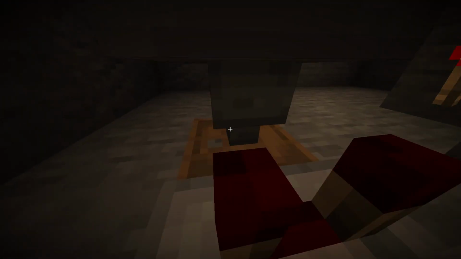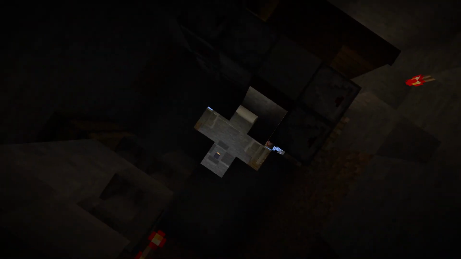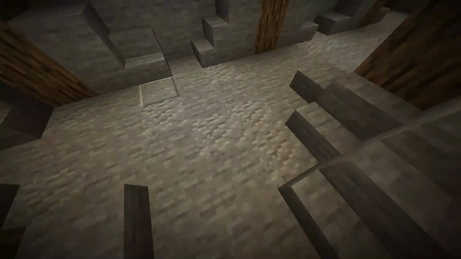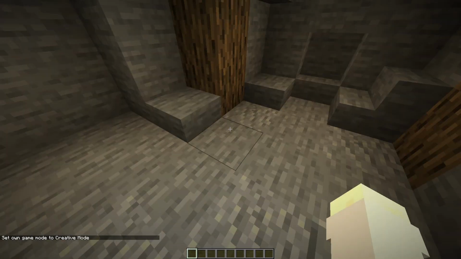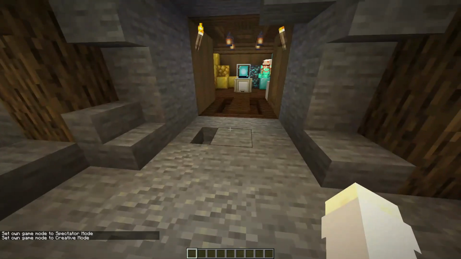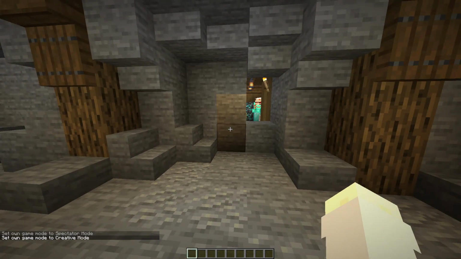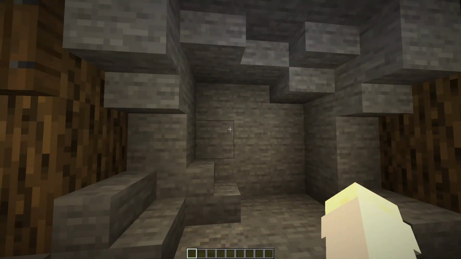Then this goes through a couple hoppers into this dropper. It sends it up through the floor. Since the item has nowhere to go, since this is all stone, it just floats up to here. Up here on the ground. Show you once more. So the stuff works. And pops up there. Really cool.